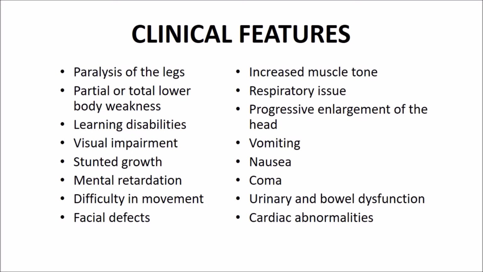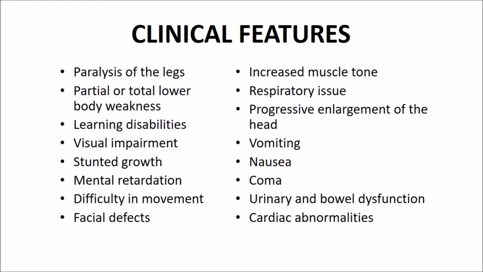Then we look for the neural defect or the neurological deficit we call, and we will be looking for the lower limb weakness, and in the end we will see the sphincter weakness. Is there any weakness in the sphincters, or the urinary or fecal incontinence can be the presentation. So generally we look for three things. One is the local signs or the local findings or the local presentation. Then we will see the neurological deficit in the lower limbs, and in the end we will see the sphincters